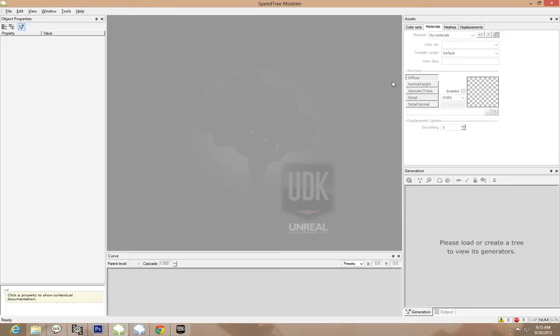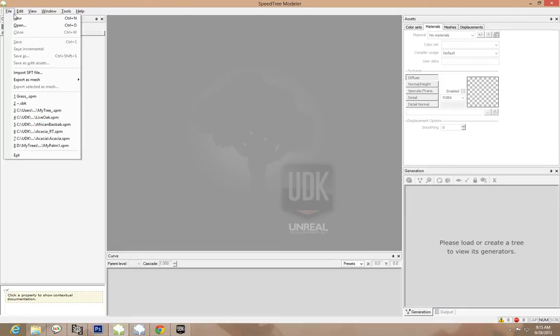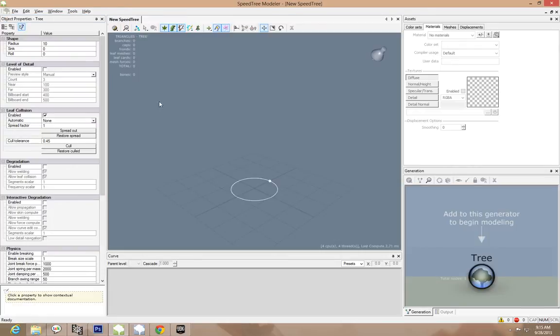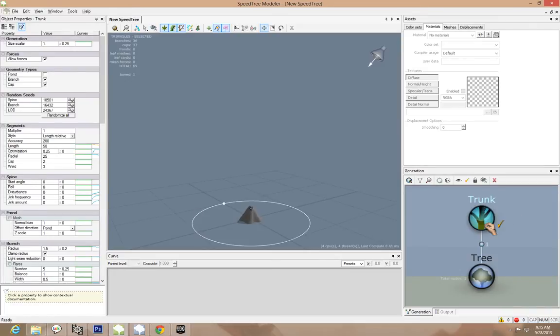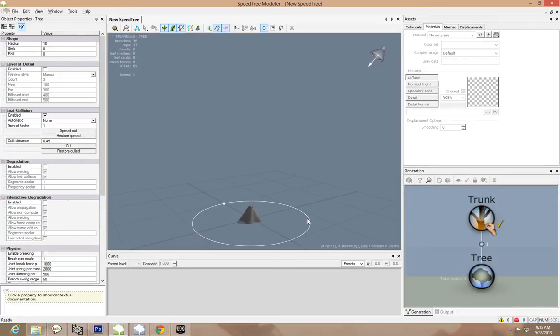So here I have my SpeedTree modeler open. Just select File, New, and you'll be met with your display screen as in the last video. Creating grass is an easy process in SpeedTree. All you have to do is hold down the spacebar, which changes the cursor to a crosshair, and hold left click and drag, just make a little mound, and then click your tree,